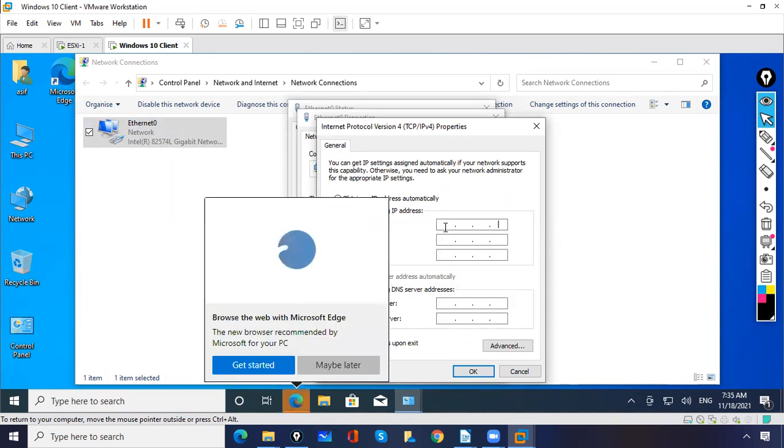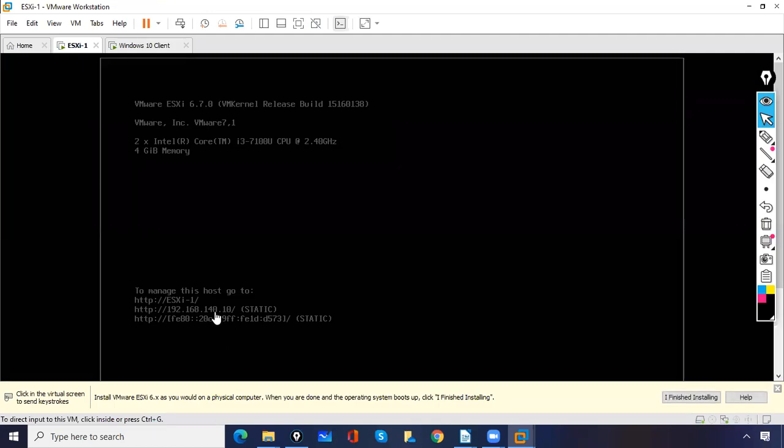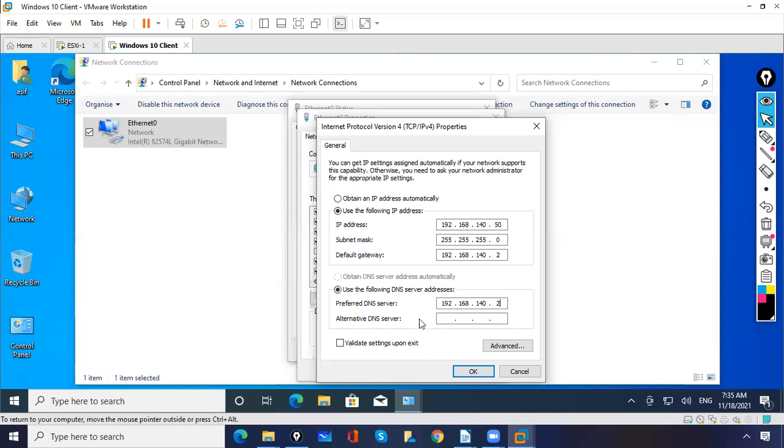192.168.140.50. Subnet mask 255.255.255.0, and the gateway is 192.168.140.2, and DNS is also 192.168.140.2. Okay, the ESXi is 140.10. Then we'll click OK,